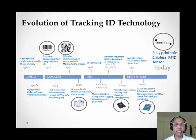Evolution of tracking in ID technology. That is a very interesting chart developed by Dr. Imran Amin. You can see the first level started in 1930 by Avery. They are still very active in RFID now. Then